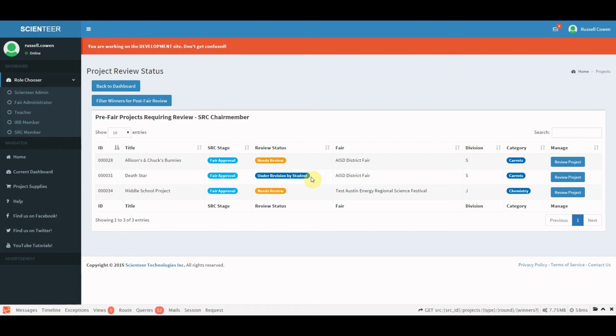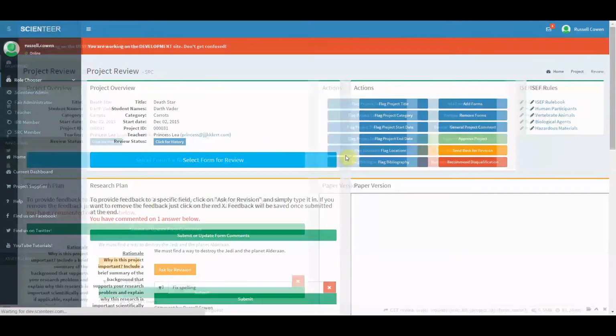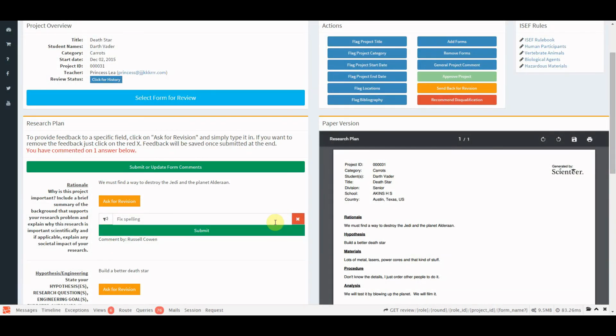It's still in my review box, but its status has changed to under revision by the student. Now, until the student addresses those issues, it's going to stay in that status. So we'll just have to wait until the student makes those corrections. If I've sent it back for corrections and I got to thinking about it, and I shouldn't have sent that back, we should have just let it go through, I can always go back and find that project if you can remember which one it is. We can go back and re-review it